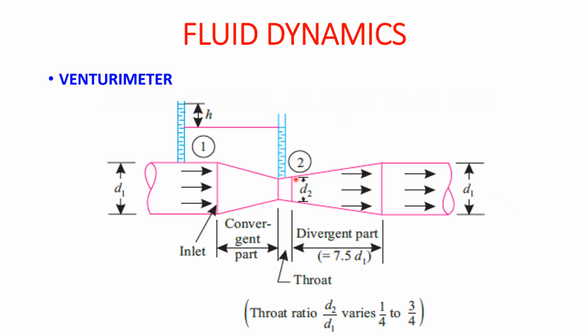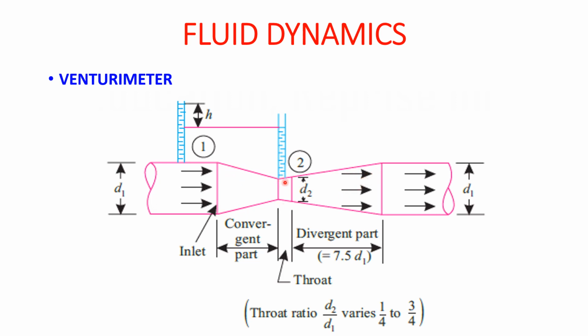Now whenever water flows through the pipe, it first passes through the venturimeter and then goes outside. During its flow there are various pressure changes, and these pressure changes are taken up by the manometer. With the help of the value of H, we can find out how much discharge flows through this pipe via the venturimeter. At the convergent section the inlet is given here, and from the divergent section the outlet will be there, while at the same time the water flows through the throat section.